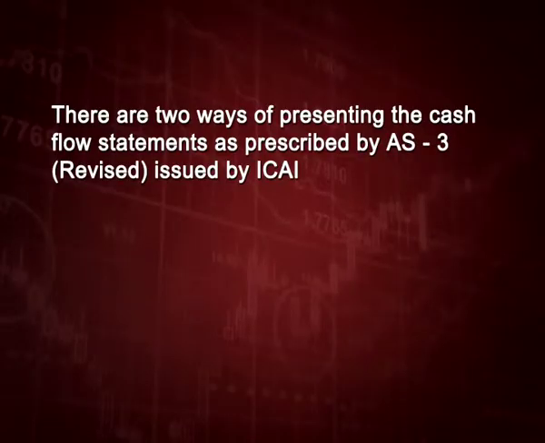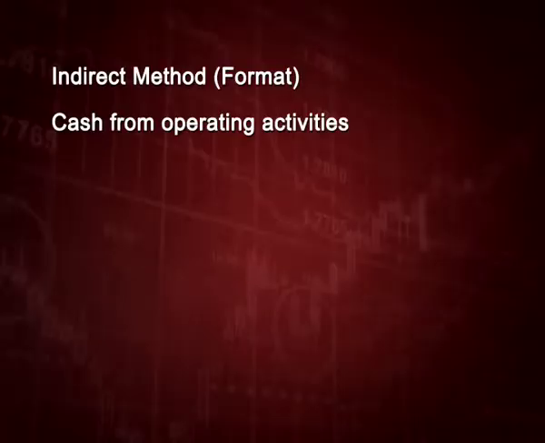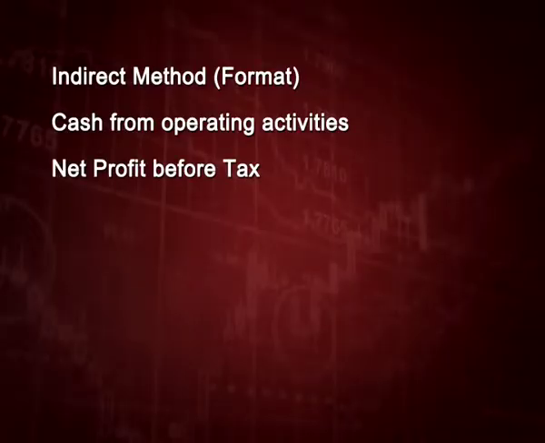There are two ways of presenting the cash flow statements as prescribed by AS 3 (Revised) issued by ICAI: indirect method and direct method. The most popular is the indirect method. So, let us start with the format of the indirect method. The first activity is cash from operating activity, in which we start with net profit before tax. So, if you are given net profit after tax, first you have to add back tax, then you will reach